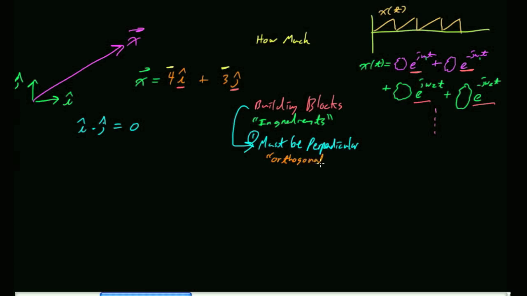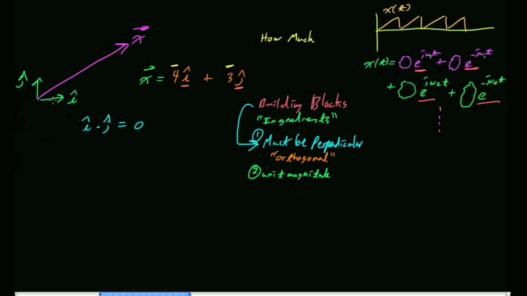Okay. The second feature is that they have to be unit magnitude. Right? So this can't have a length of 4 units. I mean, you can. It just gets butt ugly, right? So they basically have to have a magnitude of 1. So I has a magnitude of 1. J has a magnitude of 1. What's the magnitude of this complex exponential? 1, right? It's 1. 1 e to the j omega t. 1. So that works. And then the last feature is that you have to be able to span what we call span the